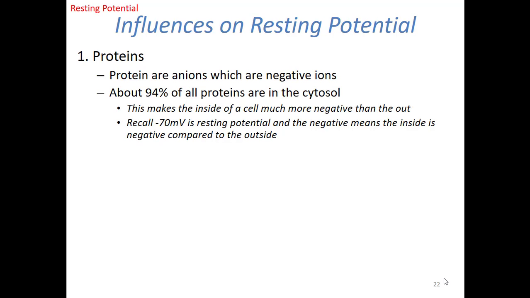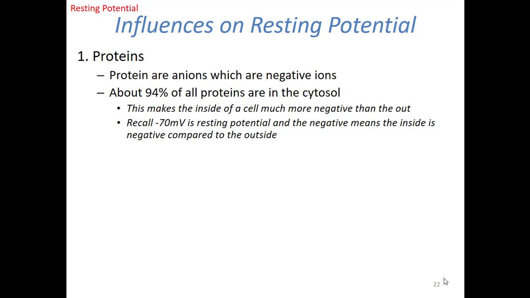As I mentioned, proteins are negative, which means they're anions, and about 94% of all proteins are found inside of cells and not out, which means that we have these large, bulky, negative things inside of our cells. This makes the inside of a cell much more negative than out. The resting membrane potential is around -70 millivolts. The negative means that the inside is negative compared to the out, and you can see how the negative proteins